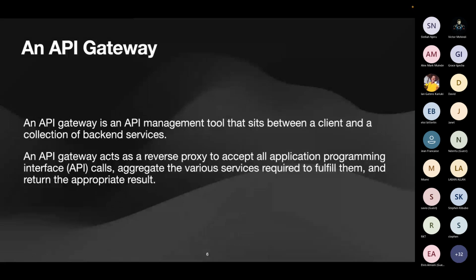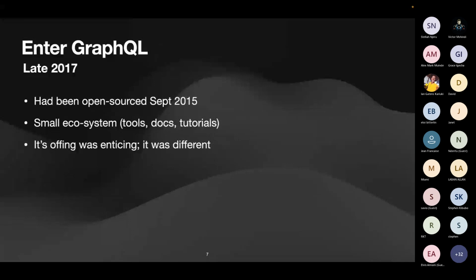So the findings showed that GraphQL can do this in a relatively easy way. This is around late 2017, and we chose to go with GraphQL.